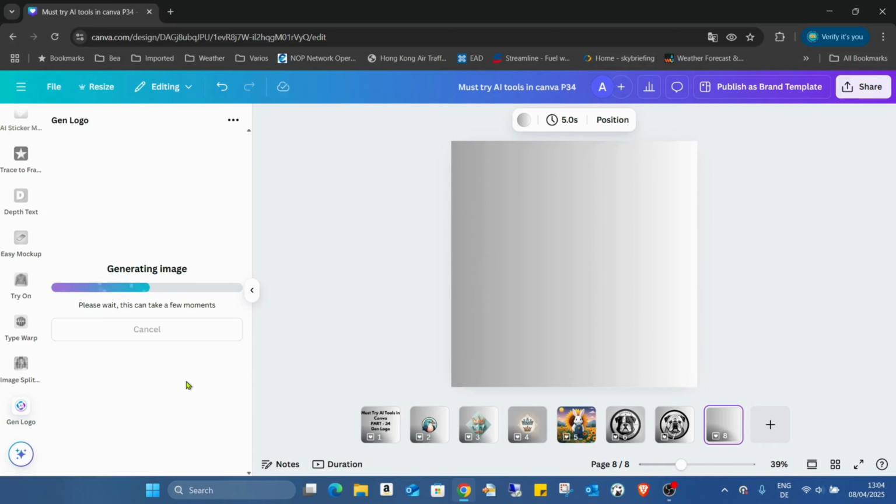Just have to wait until the logo or actual image is generated. And then we can use it. Just have to add it into the design when it's done. The next one, I think we'll try something else. If it's generated,